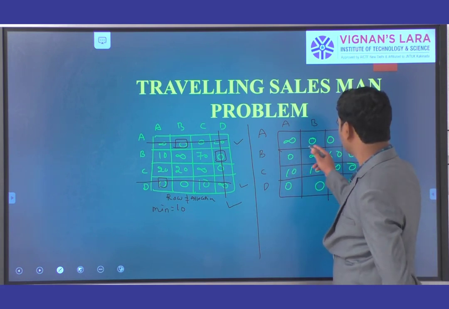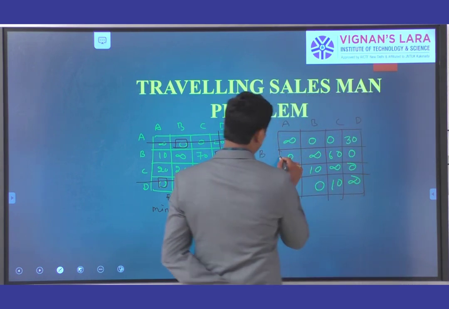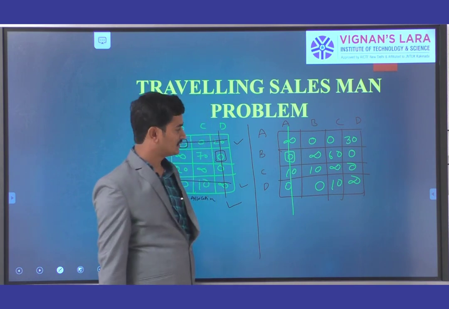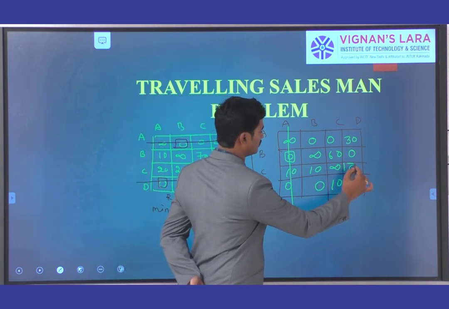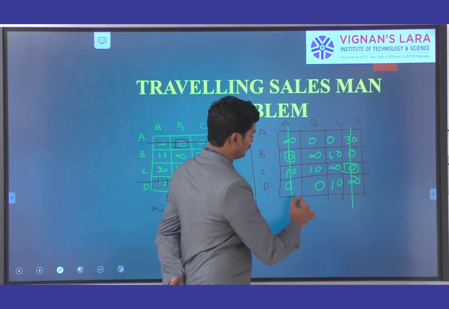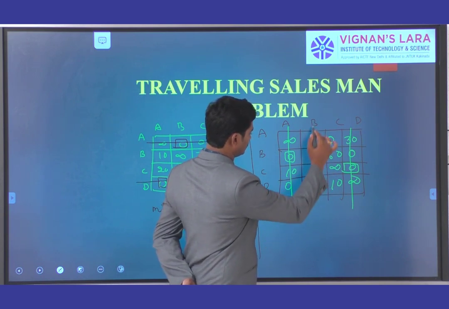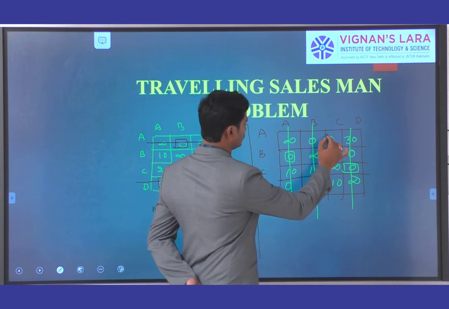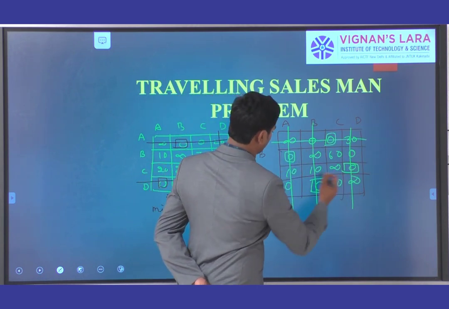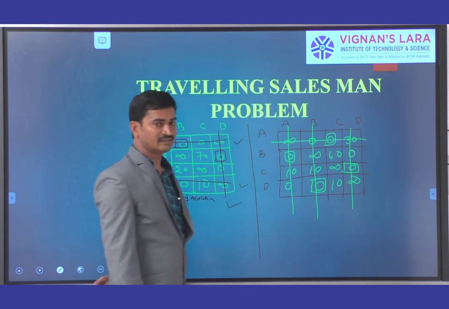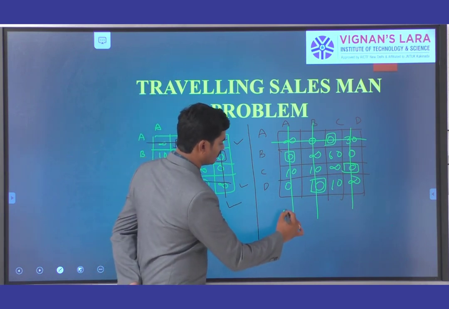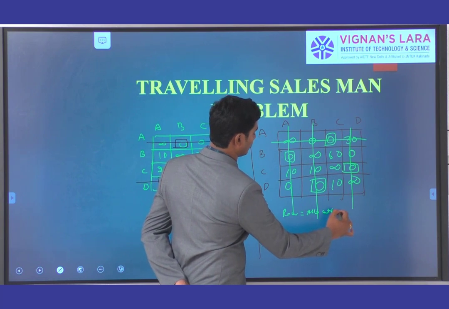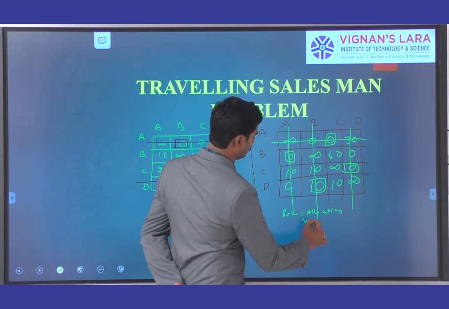2 rows are there, 2 zeros are there, so simply we neglect that. Next here we have a single 0, so simply we take and delete it. Next row, here we have 1 zero. Here fourth, here we have 1 zero. Next, go for column scanning. Here we have 0. So total it is satisfied. Rows equal to allocations. Okay, 4 equal to 4.